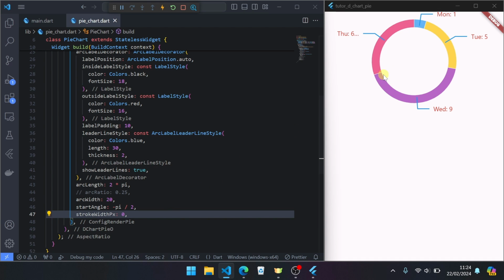If you set it to 0, there is still space, because the default comes from community chart Flutter, the package this is built on top of. There is no sample or way to hide the stroke width px. So the minimum stroke width is 0 like this. If you set to default, or 2, like this.